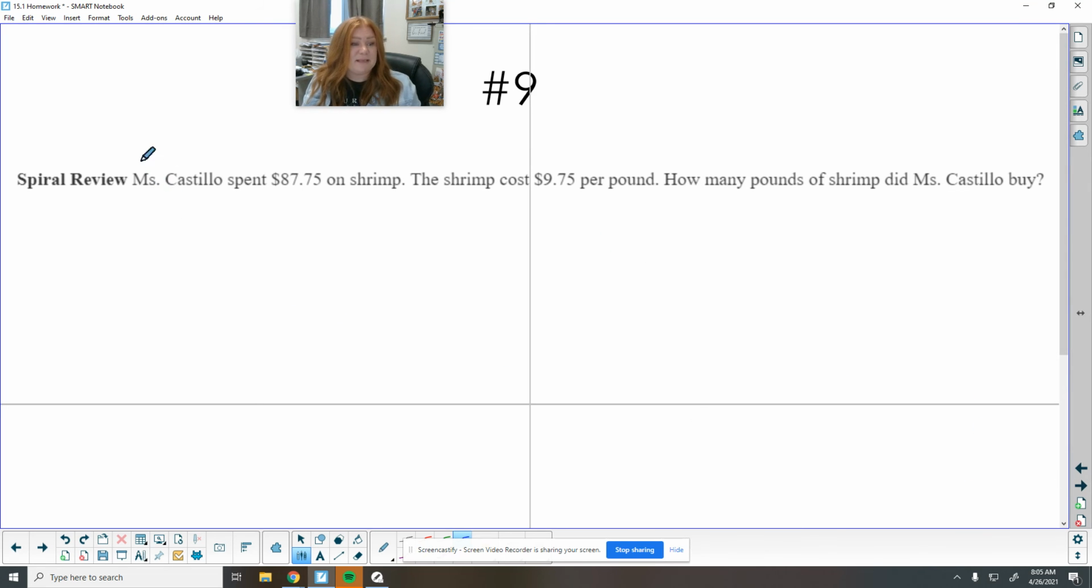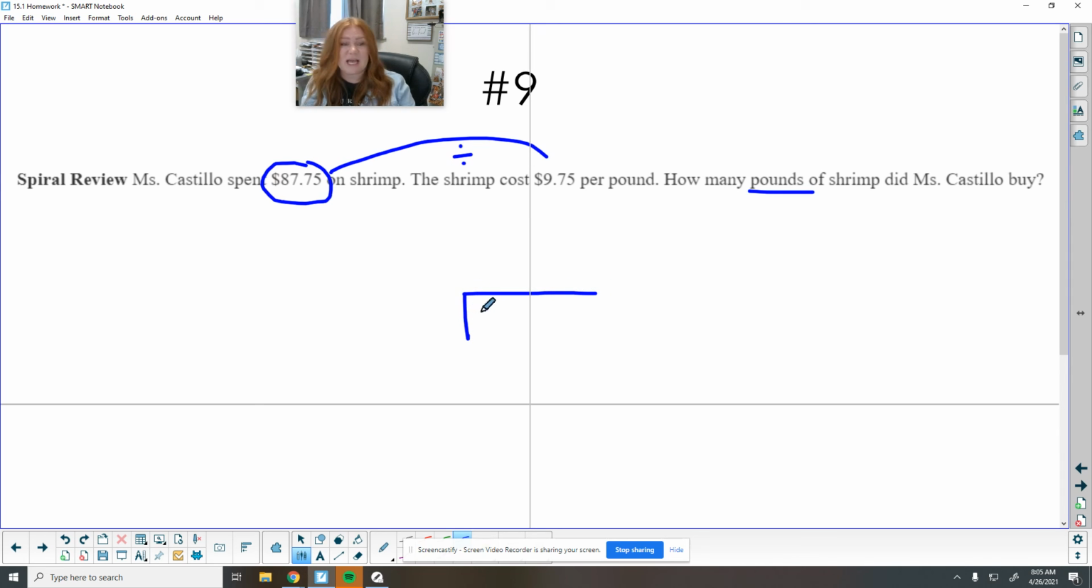Number 9 says that Miss Castillo spent $87.75 on shrimp. This is how much the shrimp cost per pound. How many pounds did she buy? So we're going to take our total. We're going to divide by how much each pound was. That will tell us how many pounds she bought. So this we need to move over 1, 2. So that means we're moving this over 1, 2. So we are really doing the problem